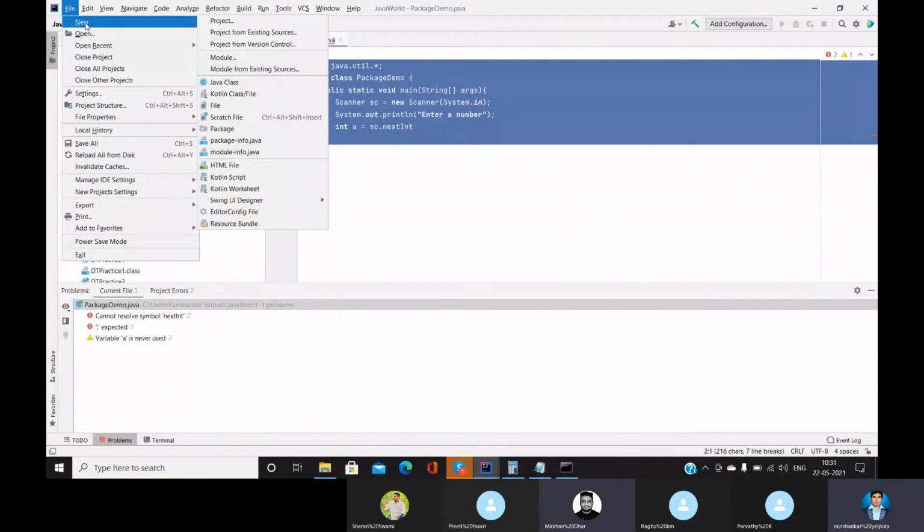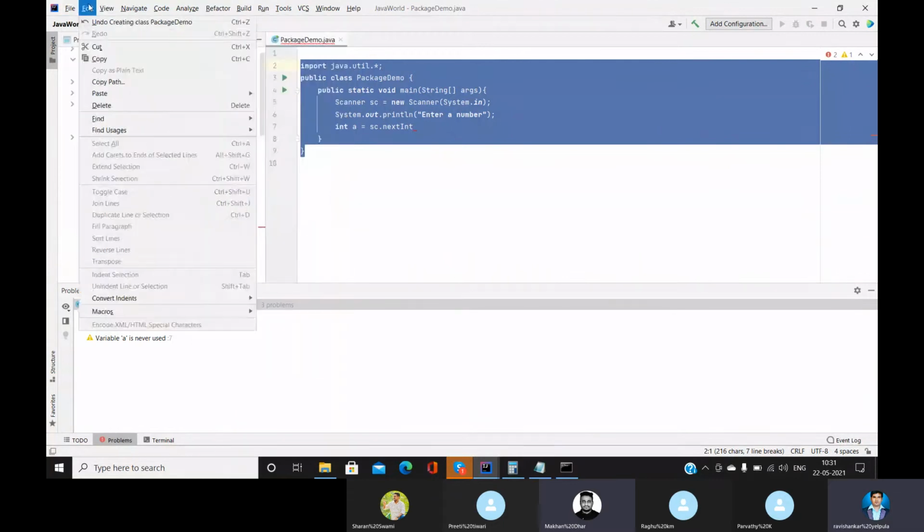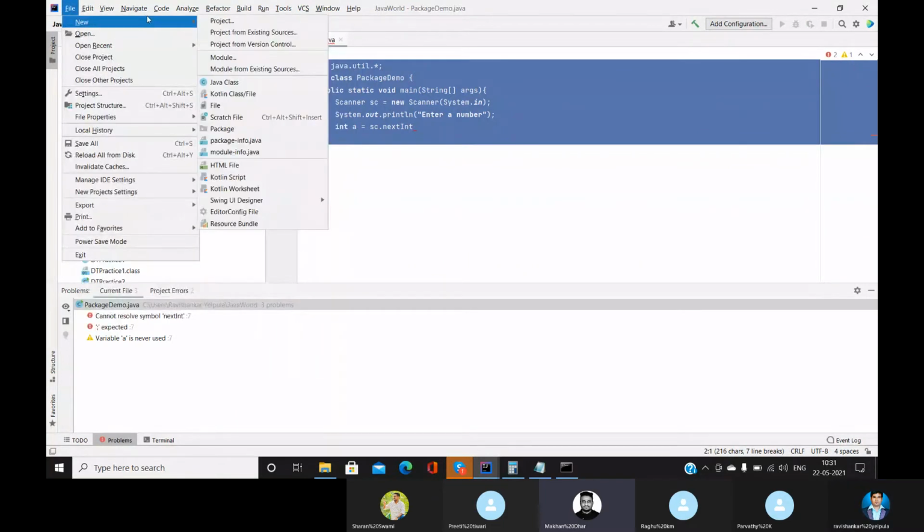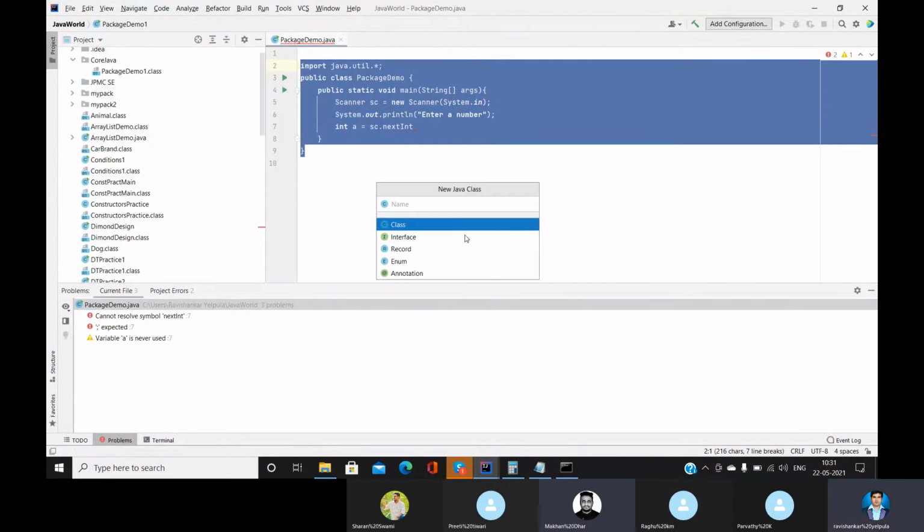Yeah. So Raghu, when you create any project in IntelliJ or Eclipse, after creating a project, folder, class, everything will be placed somewhere on your drives, right? If you go to that particular drive, you can see the structure exactly the way you created it. It is not within IntelliJ or Eclipse.